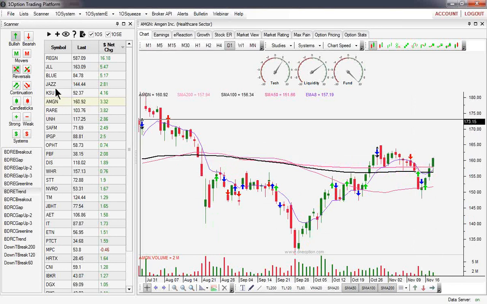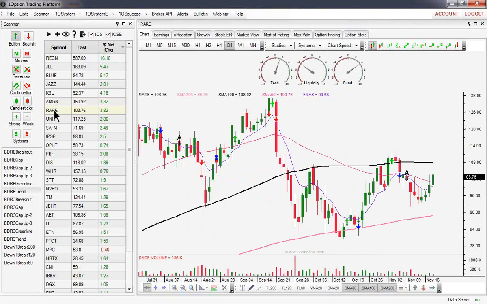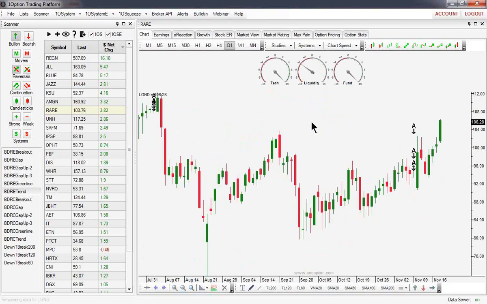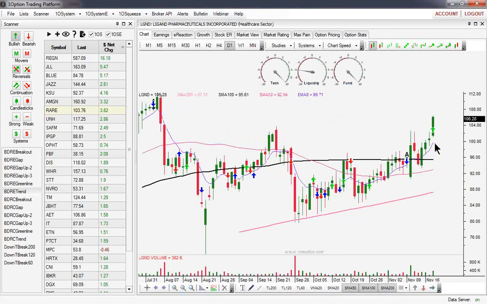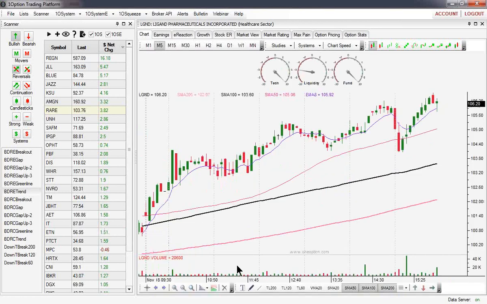Let me find one here. Find a good one. Right here. I know what I'll do, Legend. All right, here's Legend, and this is one that took off pretty quickly this morning. Now, when I'm trading this, again, this is a swing trade for me. But when you get into a trade, if the stock runs up on you really quick in the morning and goes up and then it starts to compress again, if you decided to enter the trade, for example, right here on this compression,